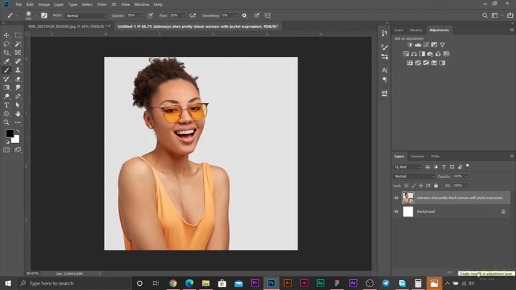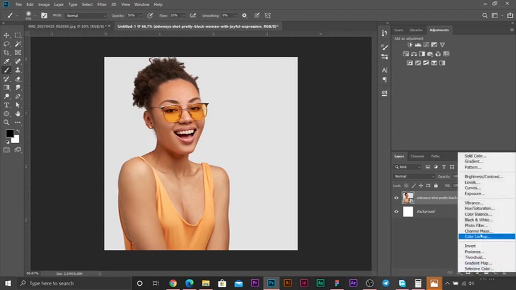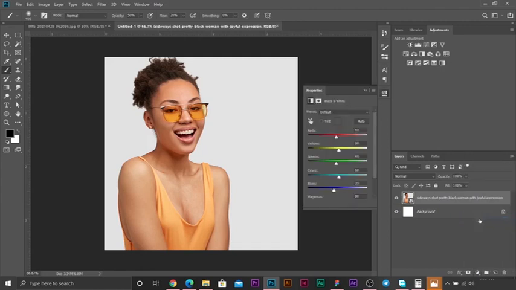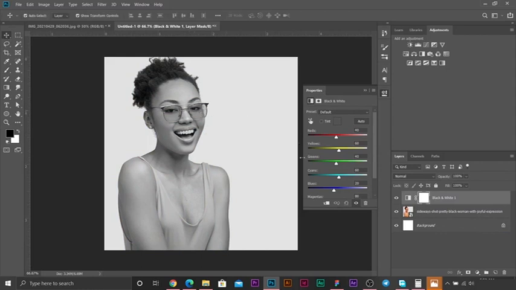So let's go back to the adjustment layer. Let's go to black and white. Let's say we want to turn this image to black and white, right? You can just click on the black and white, and now this image is black and white. Let me change my cursor to the move tool. This image is now black and white,